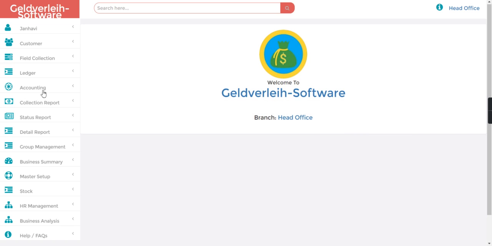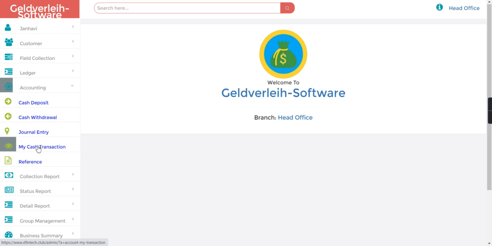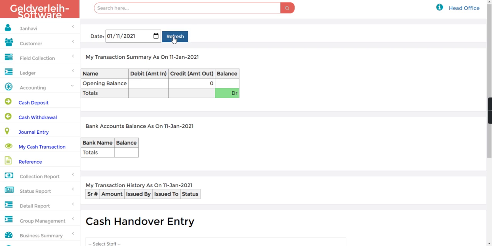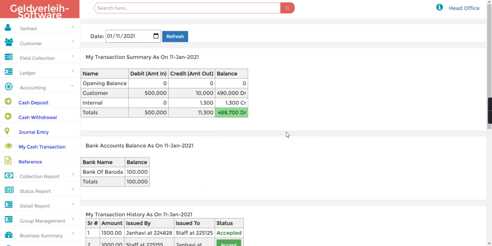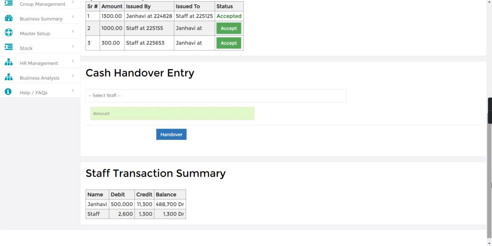Now let's go to the admin login, and if I go in the accounting, my cash transaction, just refresh. Here you can see 1,000 that staff issued to the admin and 300 that staff issued to the admin Janvi.